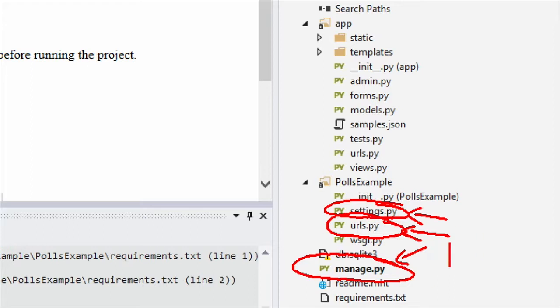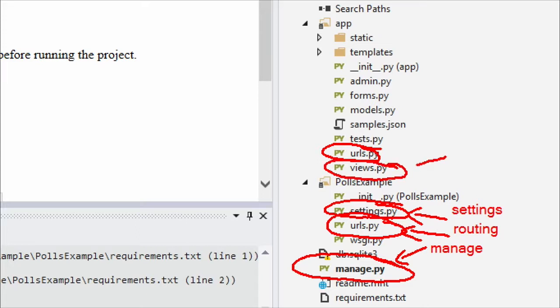You know what I'm going to do? I'm going to just type that out. So we'll say manage, and this is going to be our settings from there. And there we go. Our URLs, this is going to be our routing. Now, you'll notice there's a second urls.py file up here, and I'll touch on that in just a couple of moments, but for right now, you can just ignore that.